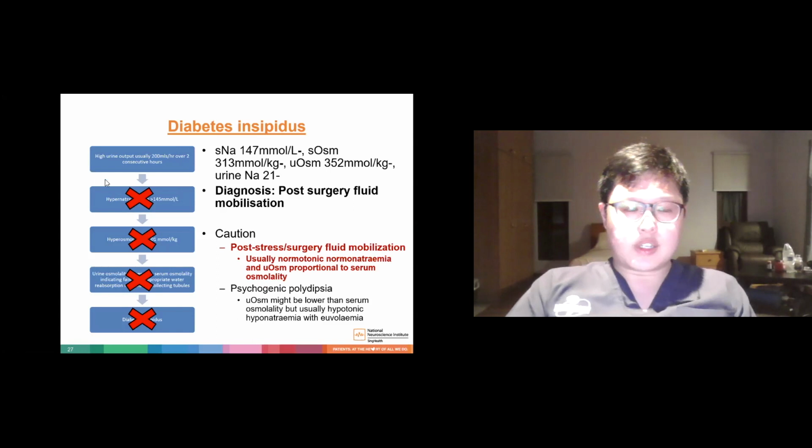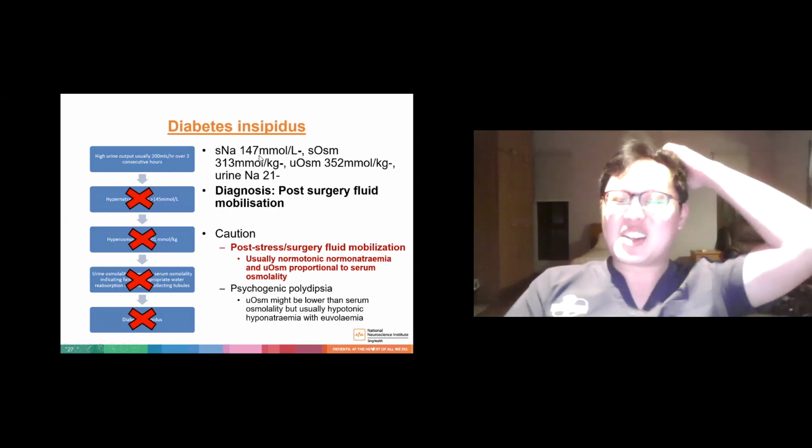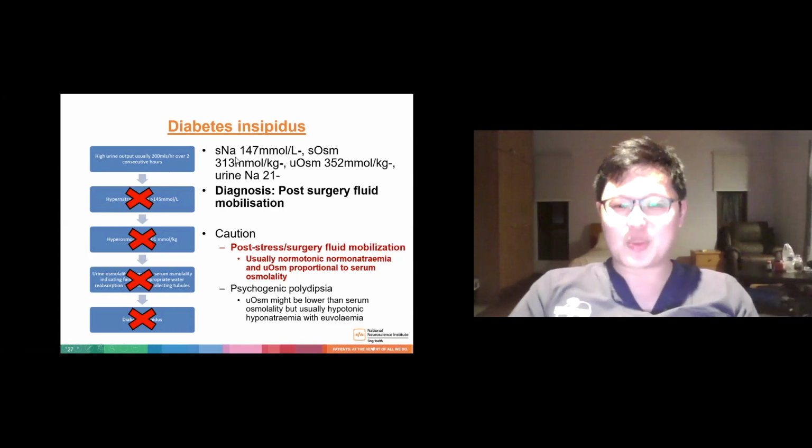So if you see here, she only has high urine output, whereas actually, I got the values wrong. I meant to put that her serum sodium is actually normal and her serum osmolality is actually normal, together with a normal urine osmolality. So this is actually just post-surgery fluid mobilization. In a lot of the pituitary patients, most of the high urine output usually is post-surgery fluid mobilization rather than diabetes insipidus. But it's very important to look out for diabetes insipidus because it can potentially lead to morbidity